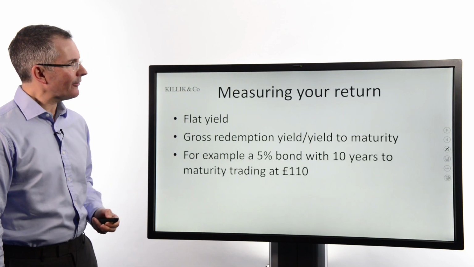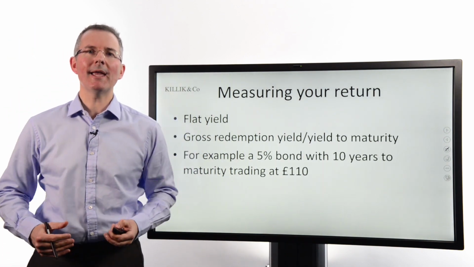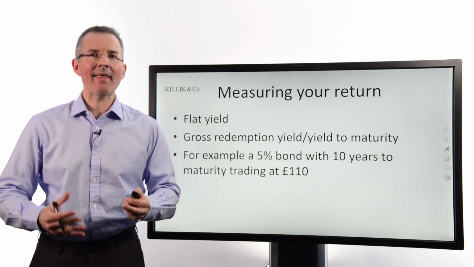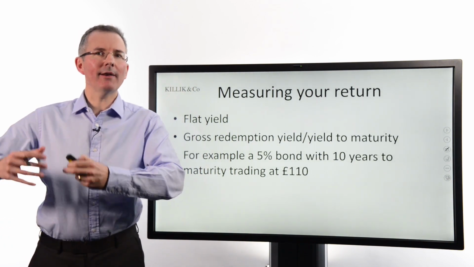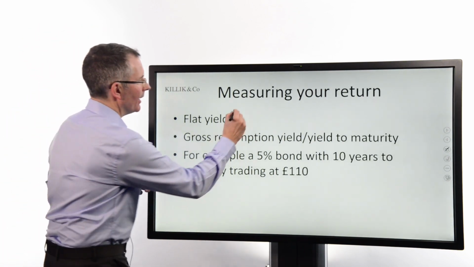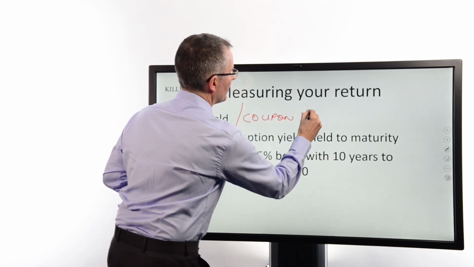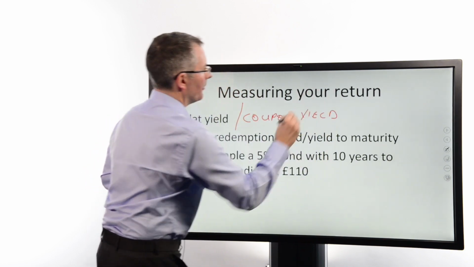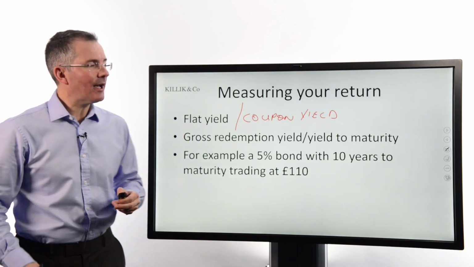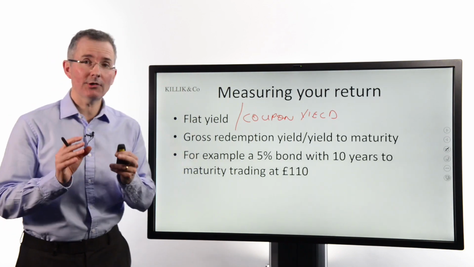Now, as an investor, that's all very well, knowing what's going to move the price, but what sort of return am I making? As an investor, that's what counts. What's the annual return? So I can compare that to, say, a bank account or compare it to shares, for example. And here, two calculations come in. There's the flat yield, also known as the coupon yield, also known as the income yield, so it goes by different names. That, for income investors, gives you a snapshot of the annual return you're going to make on the bond, looking just at income.